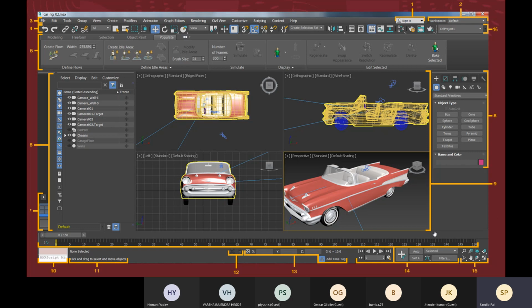That will help you grasp the software quickly and handle it better.